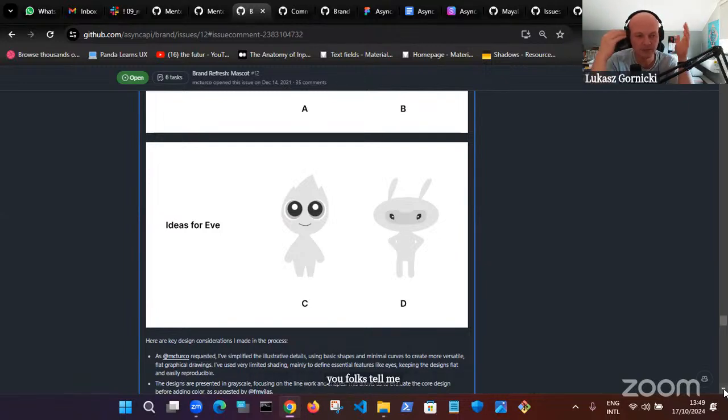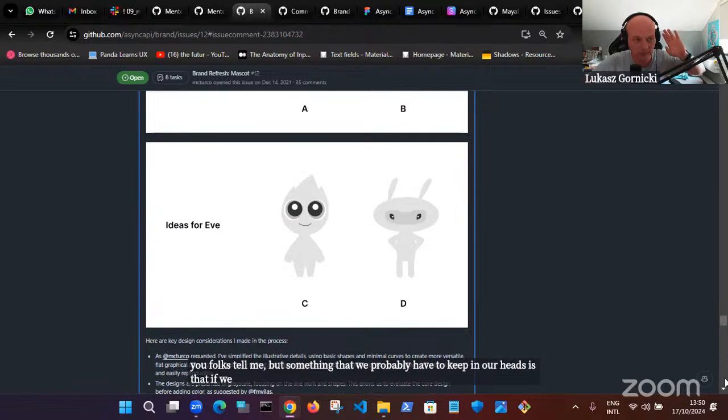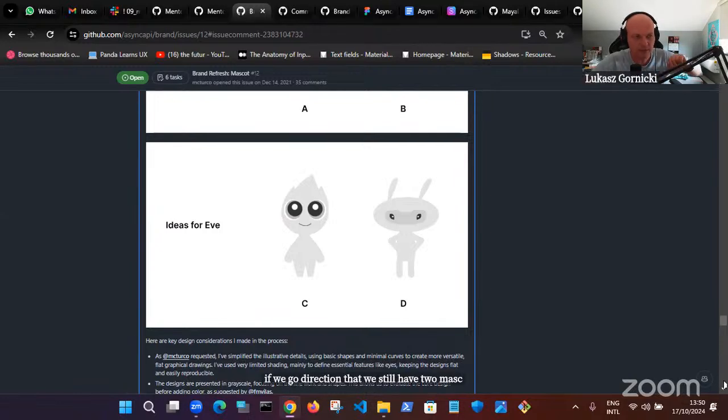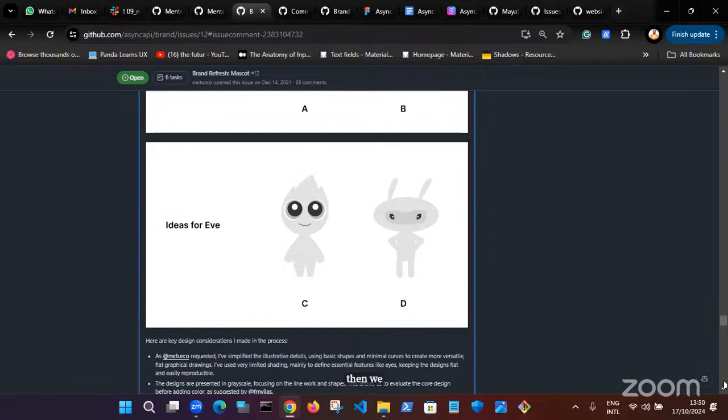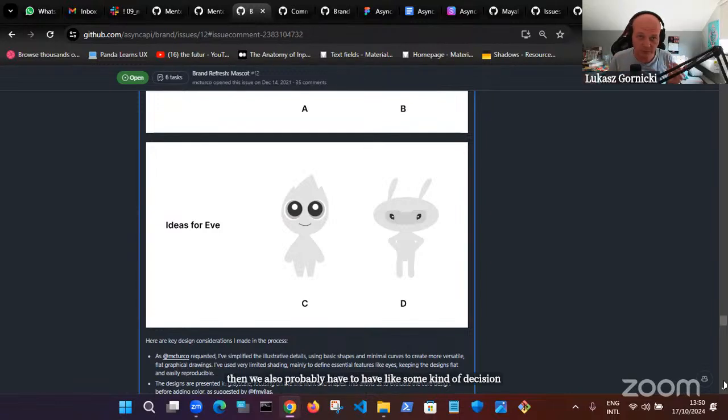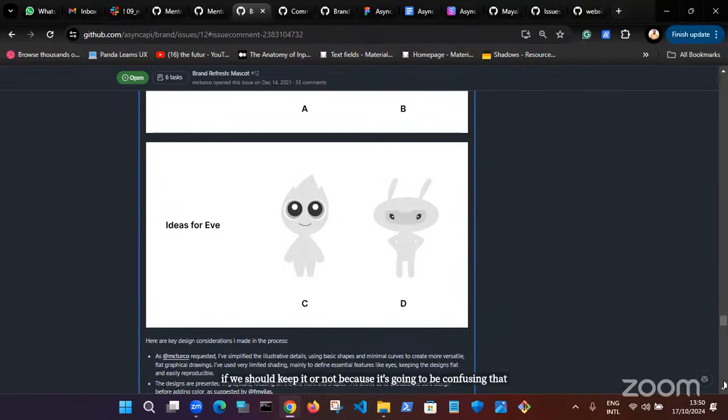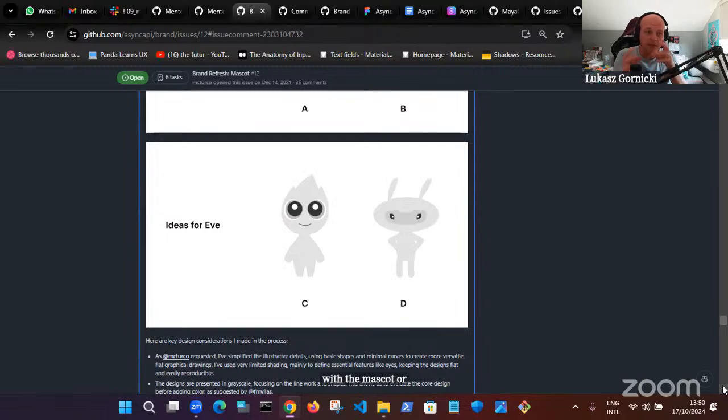Something we probably have to keep in our heads is that if we go in a direction where we still have two mascots, Eve and Chan, and they're completely new or somehow different from the illustration that we use now, then we also probably have to decide what we're doing long term with the illustration, whether to keep it or not, because it's going to be confusing if it conflicts with the mascot. Or maybe the mascots should be shown in the same scene as the current illustration.